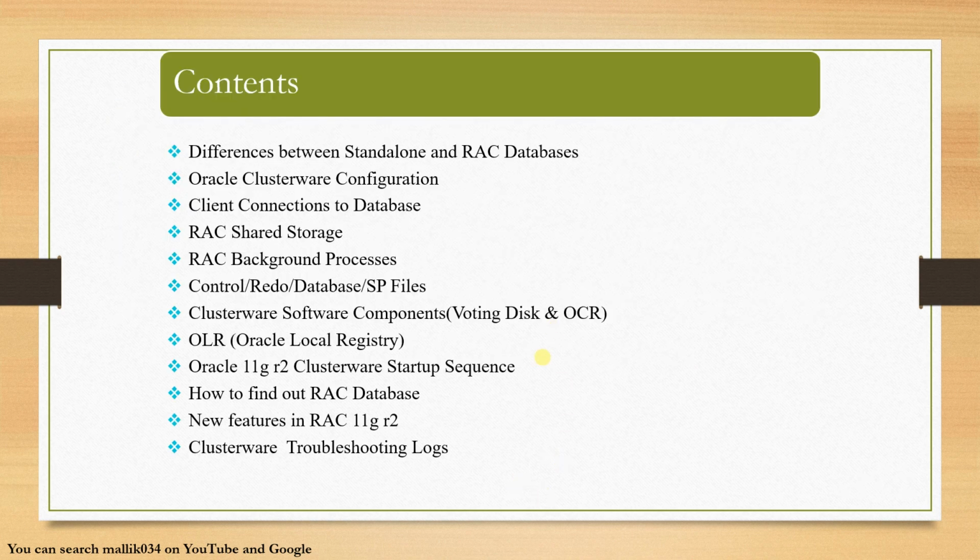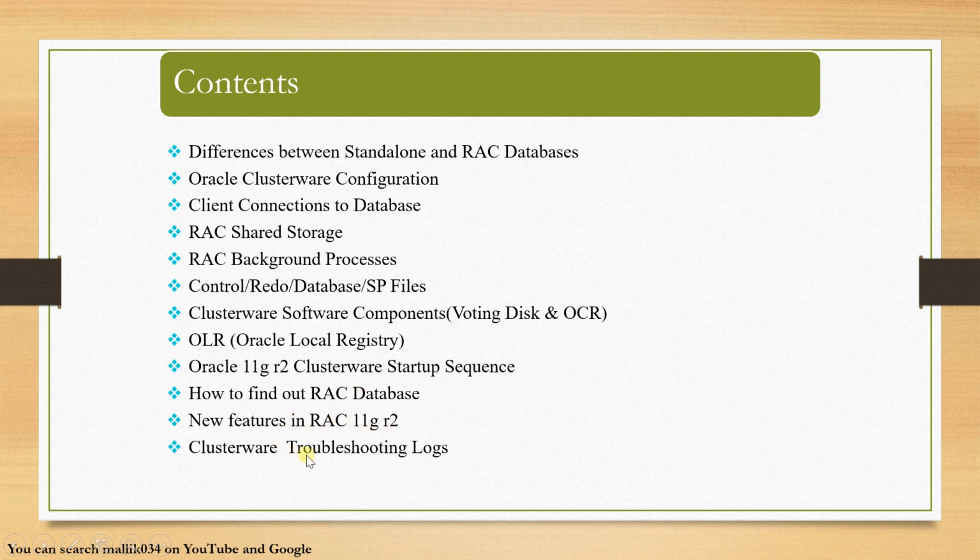The contents of today's course are: the difference between RAC and a standalone database, Oracle Clusterware configuration, client connection to the database, shared storage, RAC background processes, control file, data file, SP file, voting disk, OCR, OLR, 11G Clusterware startup sequence, how to find out a RAC database, new features of 11gR2,